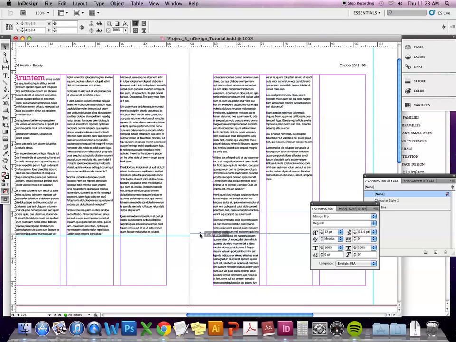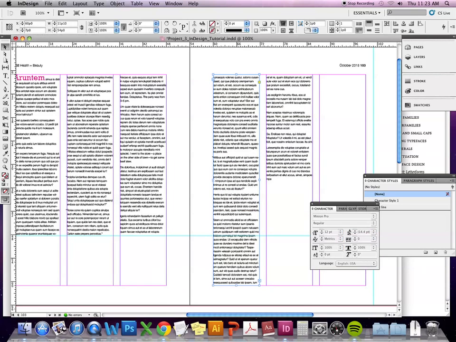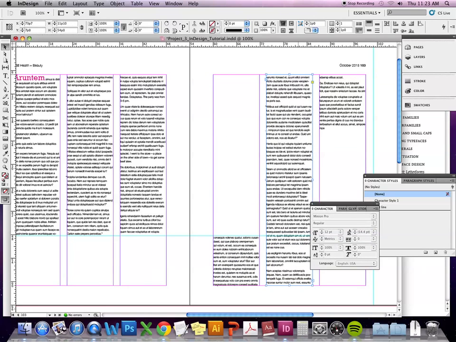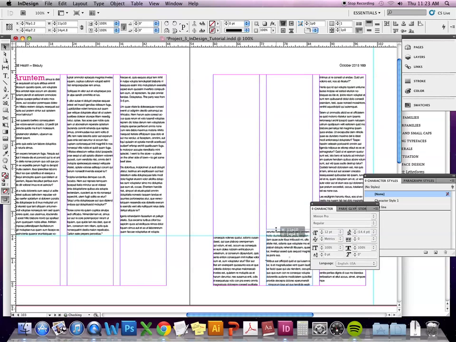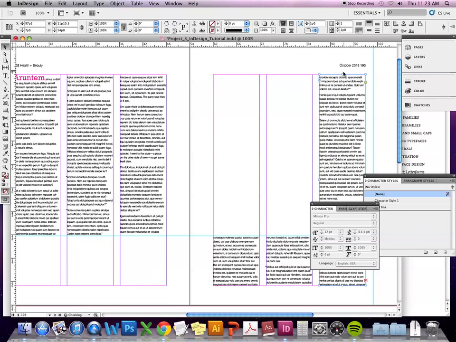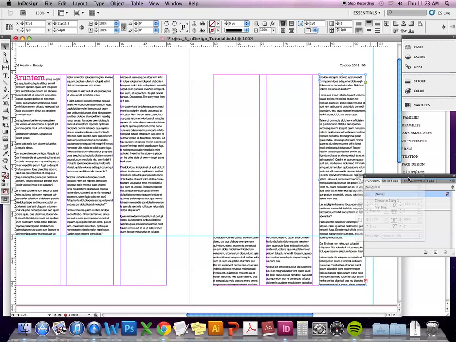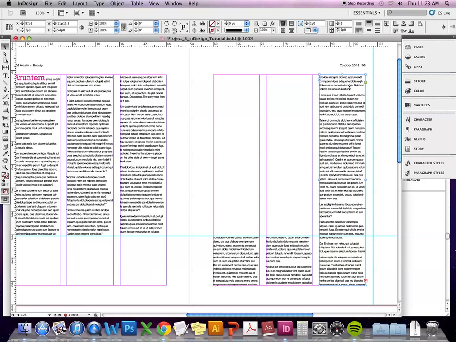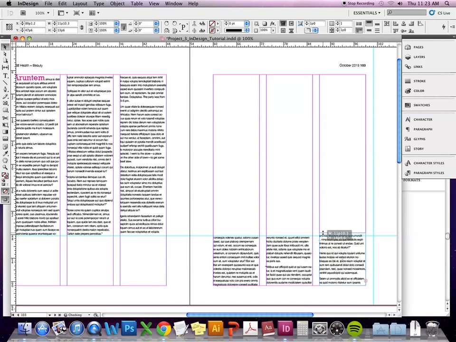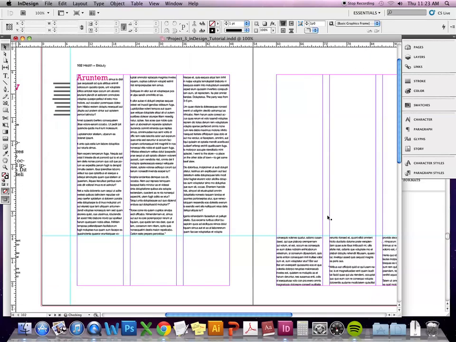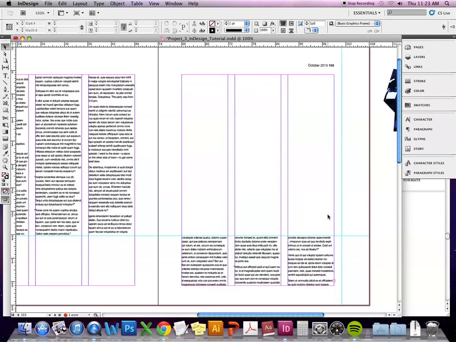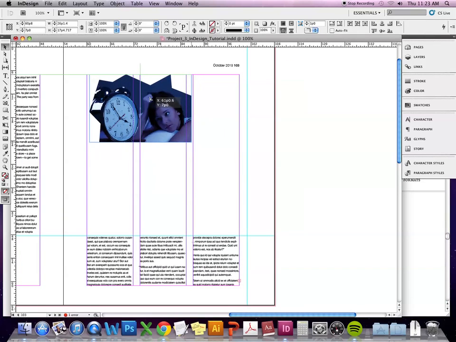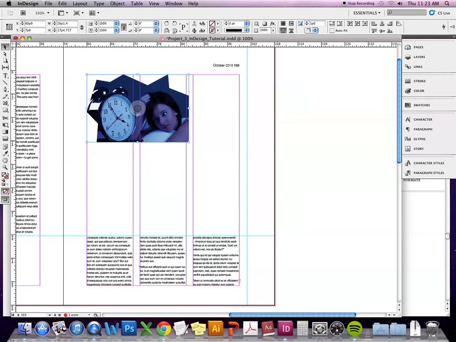Maybe I carry that guideline over here and I use the space at the bottom to either continue the text, or maybe this becomes some sidebars or additional information. And then this larger space at the top